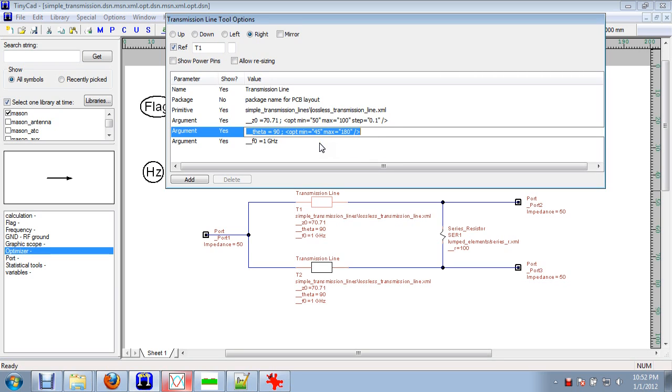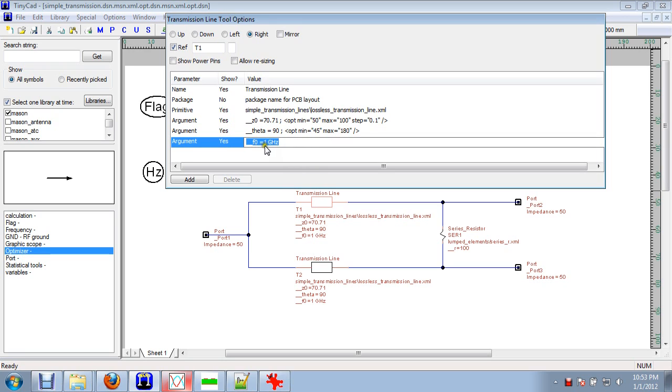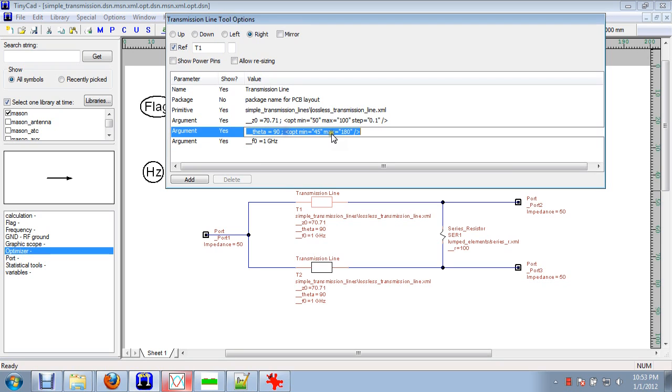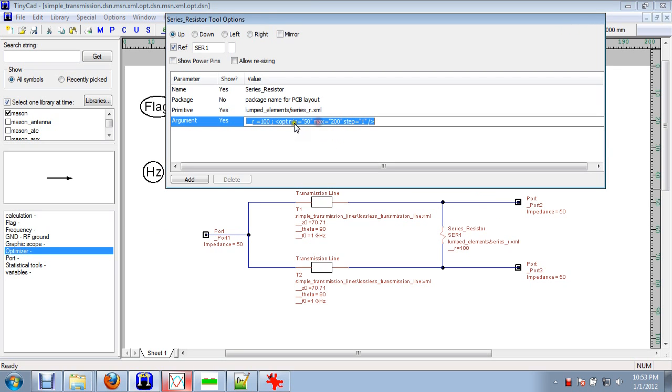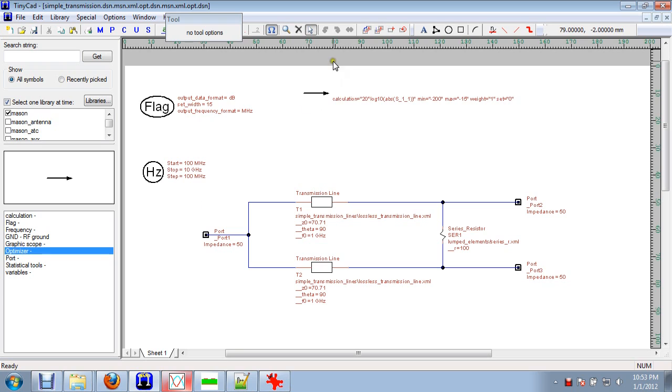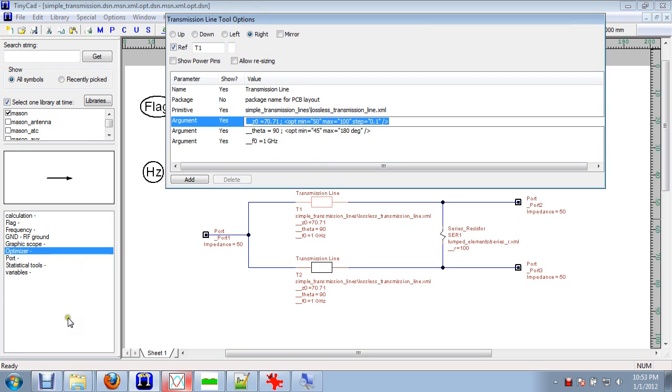value. I'm not going to optimize the center frequency because with the electrical length that would be redundant. You can have units, by the way, with the min and the max, but here, the default is degrees, but if you wanted, you could stick degrees, or if it's a length, mils or inches or whatever. So we're going to take a look at the resistor, and here I've set up a minimum and a maximum and a step of 1 ohm, so it's allowed to step that between 50 and 200 in 1 ohm increments. So now what I'm going to do is I'm going to